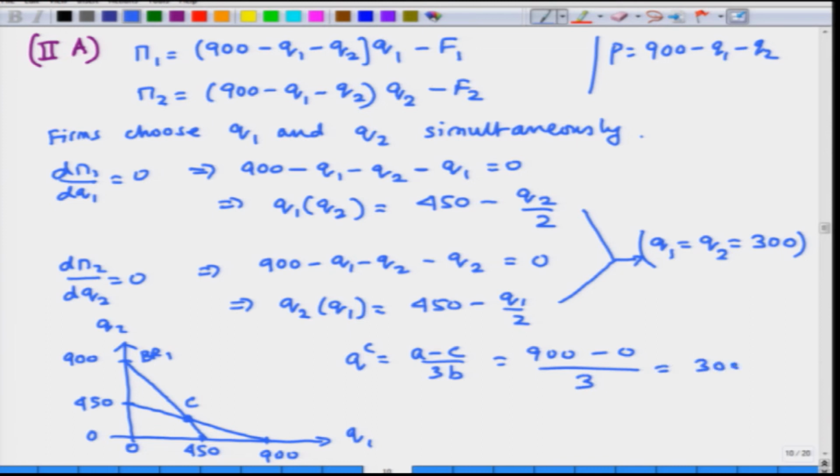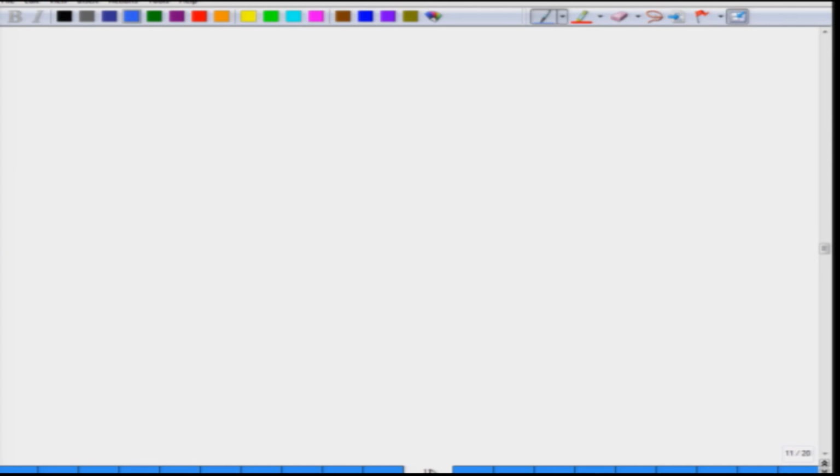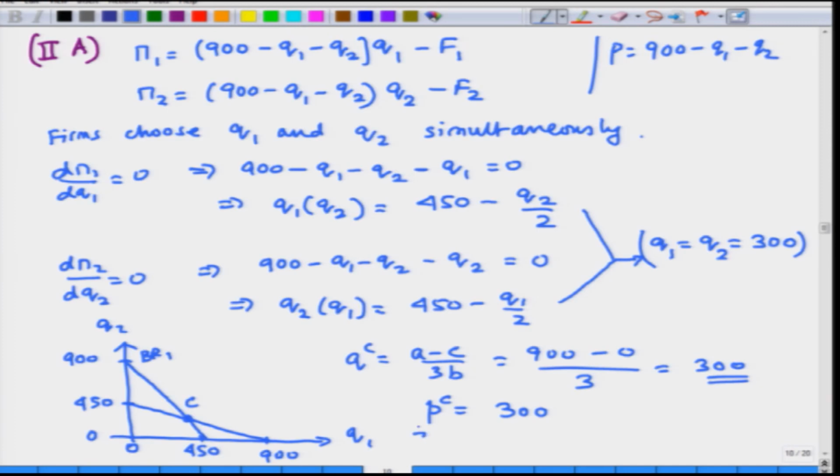So, this gives us the Cournot output as 300. Which means the Cournot price is equal to 900 minus 600, which is again 300. So, the profit of the two firms are as follows. This means that pi 1 equals pi 2, which is equal to the price times quantity, so that is 90,000 minus